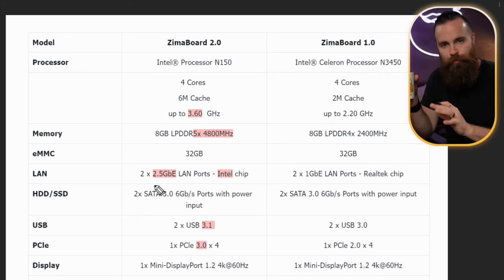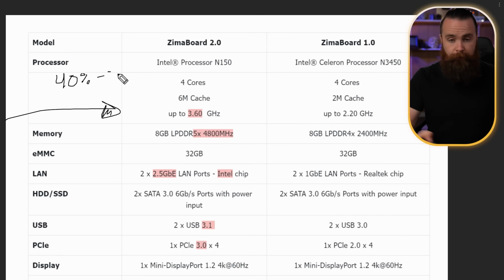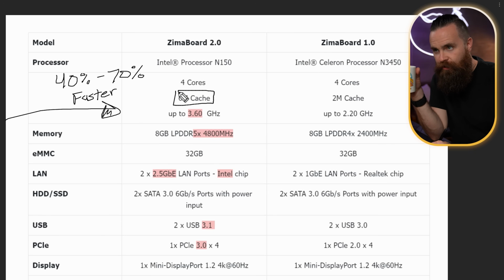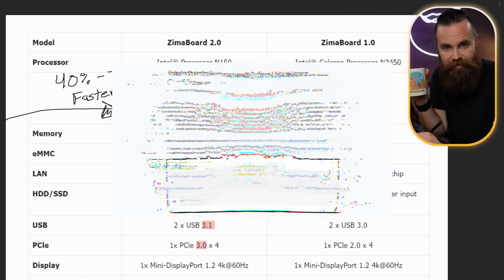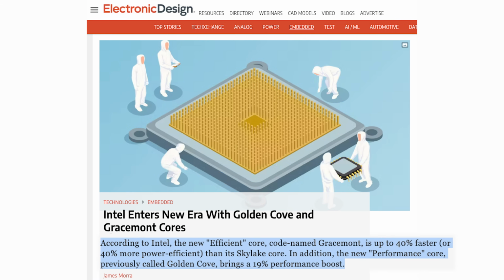Now, as I said earlier, I'm going to do a full-on HomeLab. And I think it's going to do pretty well because this processor is kind of good. Compared to its predecessor, it's going to be 40 to 70% faster. Not only did it bump up the cache and we're getting more speed, but this is a new architecture we're working with, the Intel N150. The N150 is rocking their Gracemont cores, which offer 35 to 45% better IPC than Goldmont, the N3450's